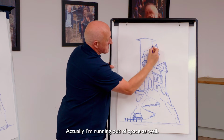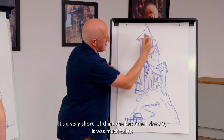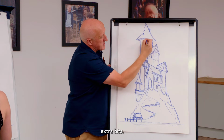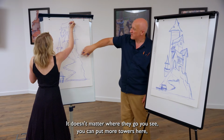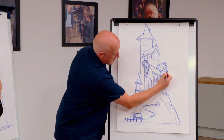Actually, I'm running out of space as well. It's very short. Oh, I think last time I drew it was much taller. And to make it look really big, you could have little windows and things on it and extra bits. Well, I'll just draw them here. It doesn't matter where they go, so you can put more towers here, more bits of castle, more sort of...